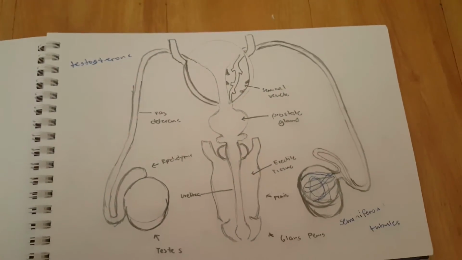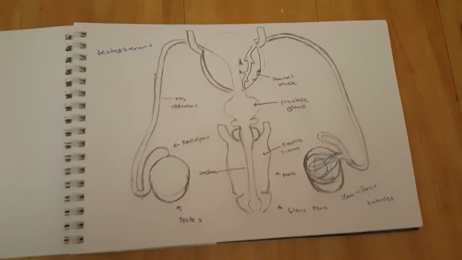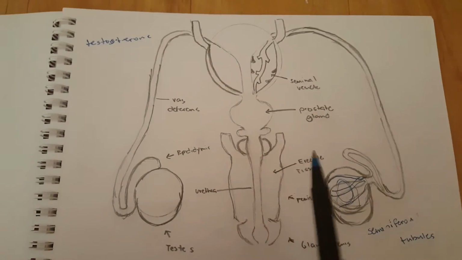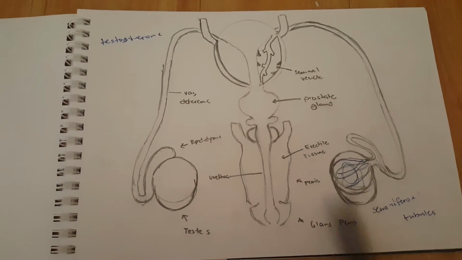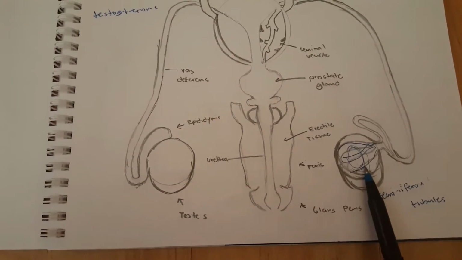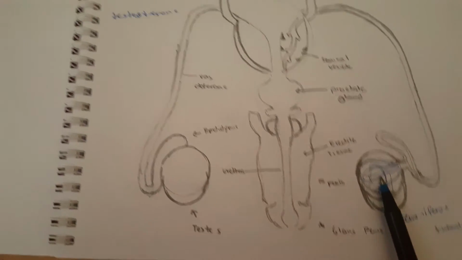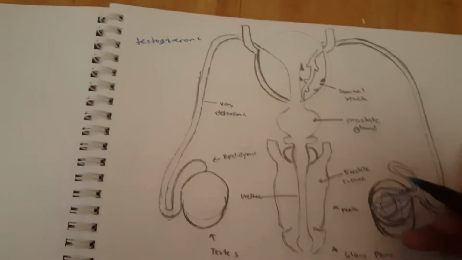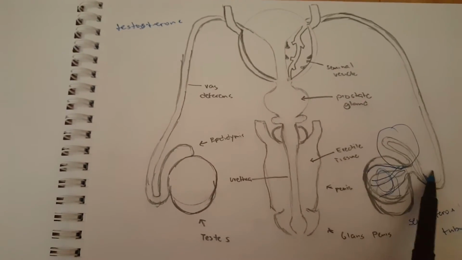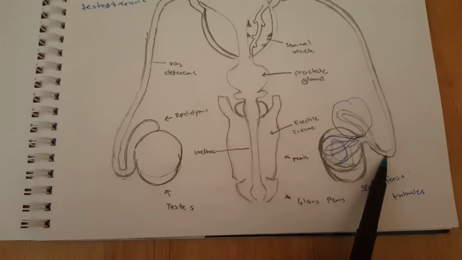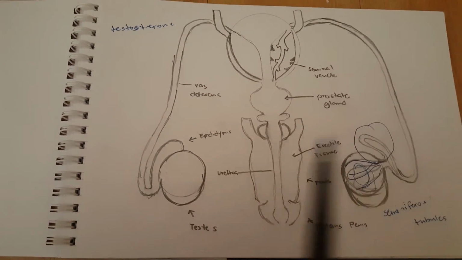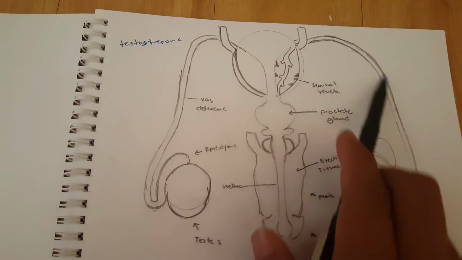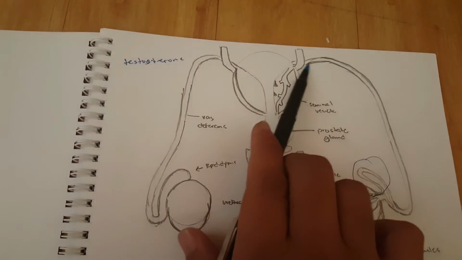Then what happens next is when a man is stimulated. First, when the sperms are produced and they start to look like tadpoles, it takes 5 weeks for them to move into the epididymis. If engaged in sexual activity or stimulation, the sperm will travel through the vas deferens, this here, into the